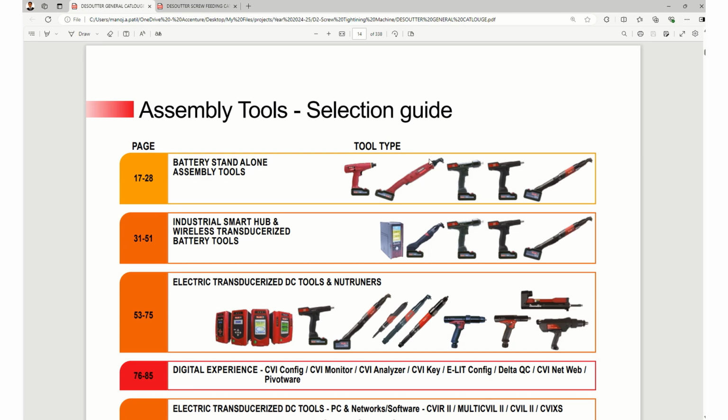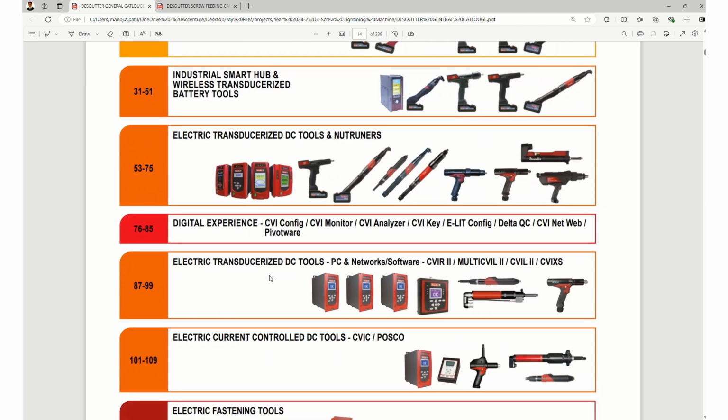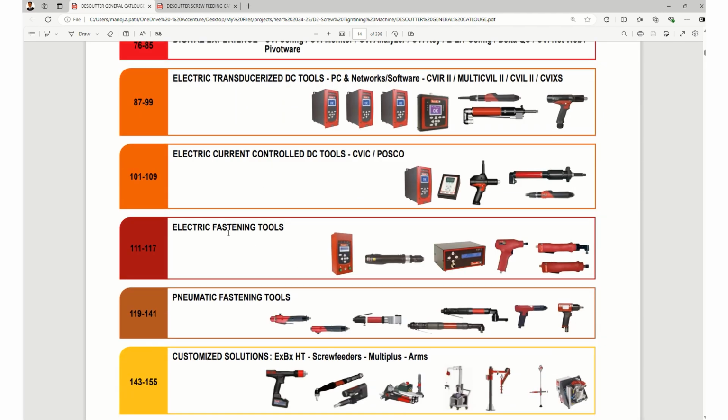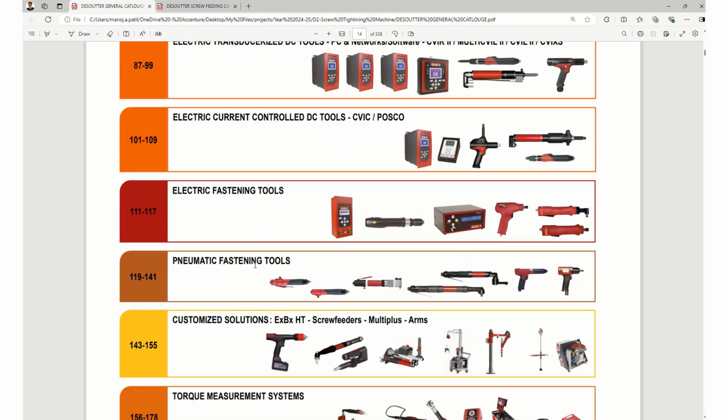Then we have industrial smart hub, electrical DC tools and nut runners, then different specific tools. So we can go through this catalog. I will drop the link of this PDF into the comment section. Then the pneumatic fastening tools, as I was discussing, so we can have the pneumatically operated nut runners also. Then we have some customized solutions also,